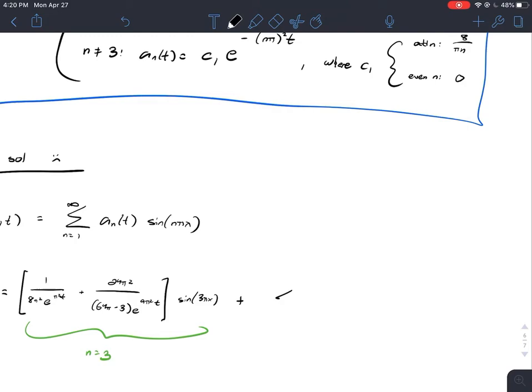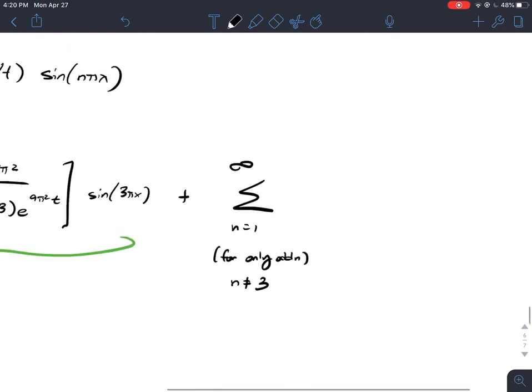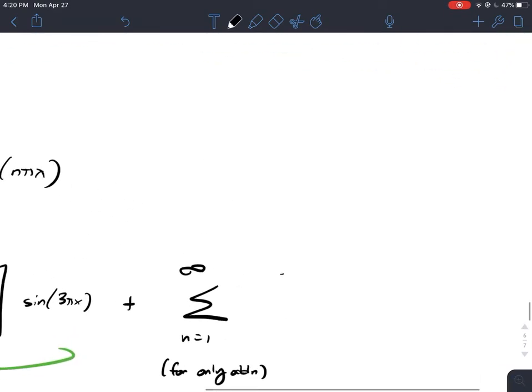Plus an infinite summation starting from n equals 1 to infinity. But we're going to explicitly state for only odd n, excluding n equals 3, right? So the summation is only from n equals 1, 5, 7, and so on, right? And this includes the coefficient